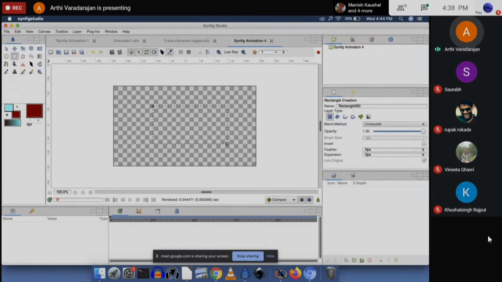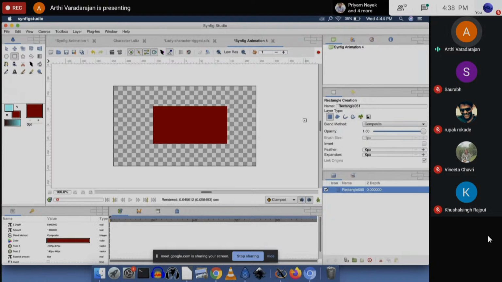So once I select it, you can see the tool options are visible on the right side. So you can select whichever option you want. If you want the border to come along with the shape, then you'll have to select this option before drawing the shape. So these are some of the tool options. You can set your parameters here before drawing the shape. Okay, so